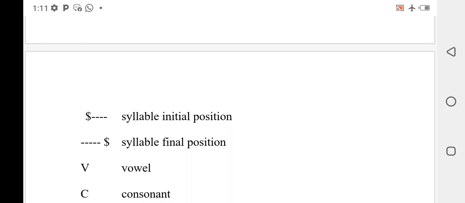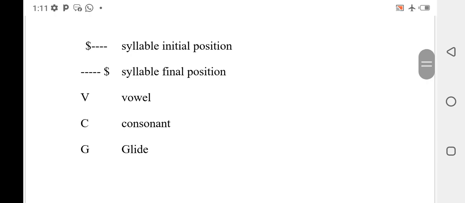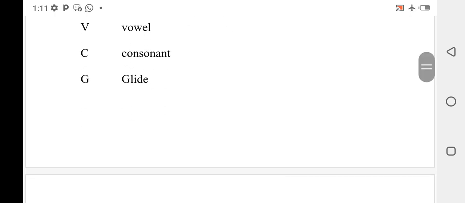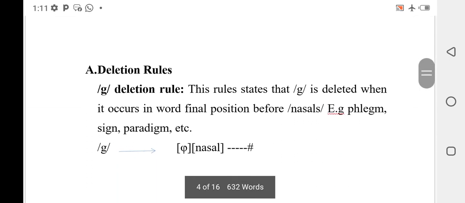Okay, now we have V, capital letter V, suggesting vowels, capital letter C suggesting consonants, capital letter G suggesting glide. The glide could be diphthongs or approximants, the semi-vowels. Okay, now